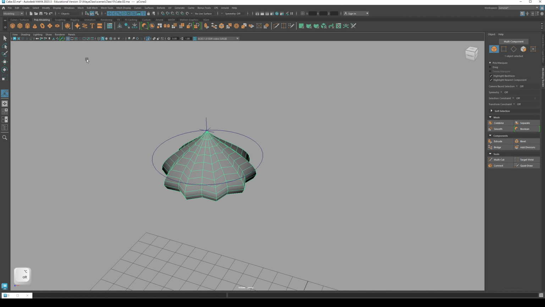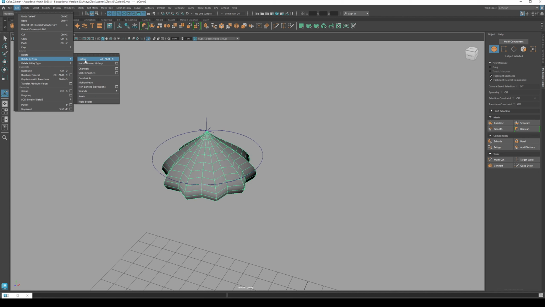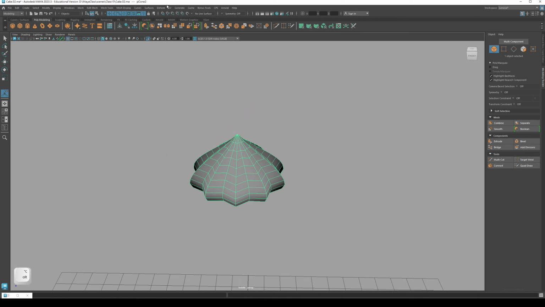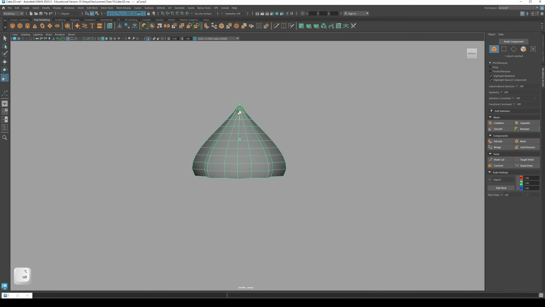Now select the model, delete its history, then go to deform. Actually, scale it up a little bit like this,